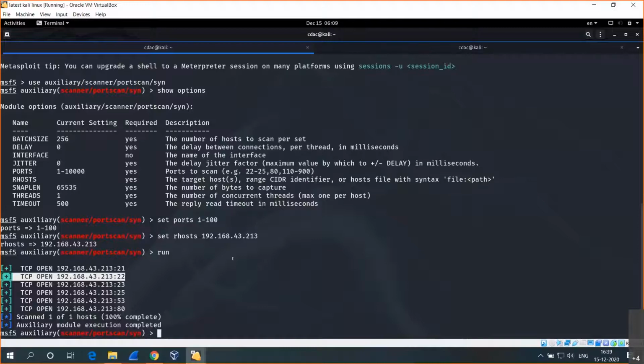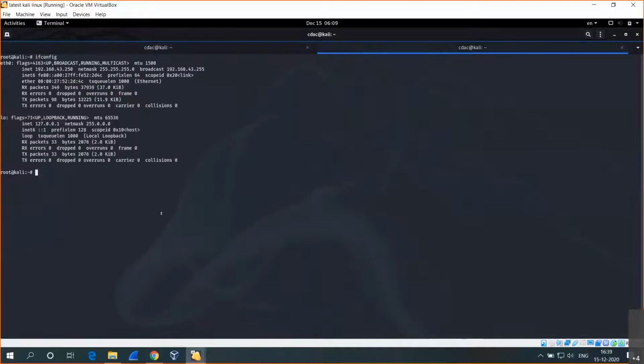For creating the username and password lists, we'll use a tool called Crunch, which is used to generate a word list made of combinations of any letters that we give. We use the command crunch, followed by 6 and 8. 6 is the minimum length of characters that we are generating. Let's say I mention A B C D F G H I J K L M. It will generate passwords starting from 6 letters, then 7 letters and 8 letters.